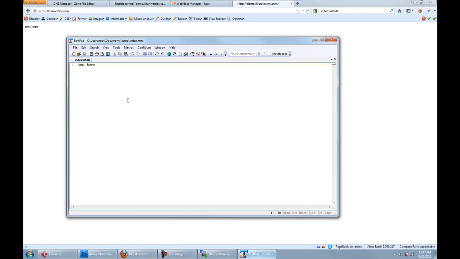Okay, so it looks like text here. It doesn't really look like a website right now, right? It doesn't at all. It just says text here. So here's what you do. So say, so the way a website would usually work is you'd have something like a logo, and then you might have like